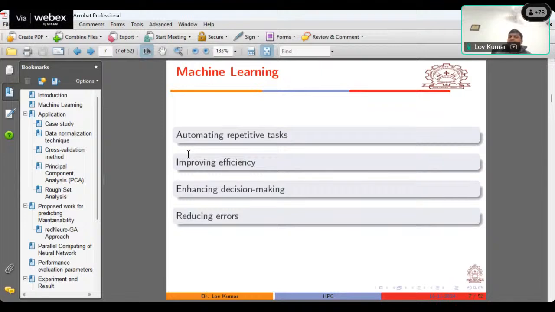The first one is where they are doing automatic repetitive tasks. They have gone for automation. And if you are talking about automation, it means indirectly we are using the machine learning approach. If you are going for automation, automatically the efficiency will improve,